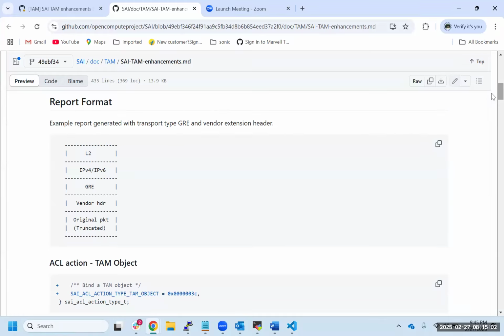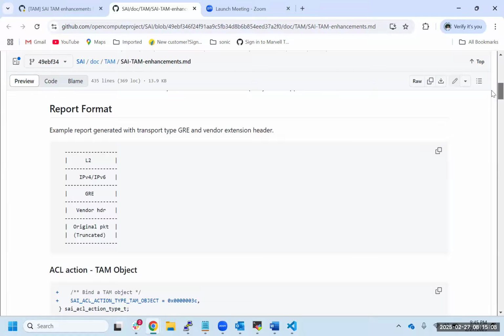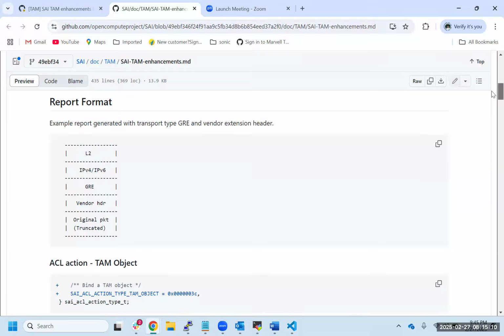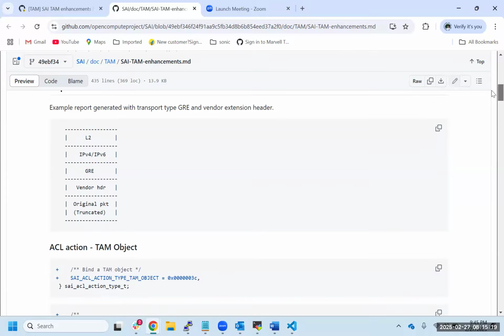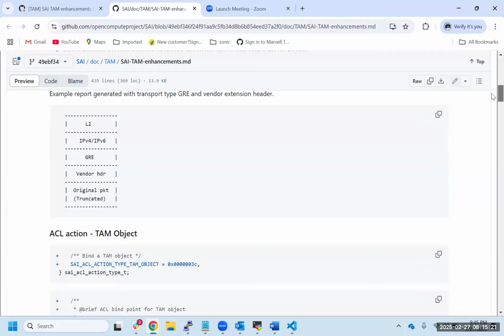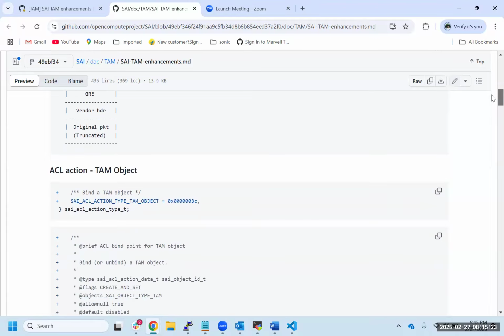Right. No. Let's continue. I think let's come back here. Is there a way to generalize it for any vendor? Because right now it's becoming very specific to Marvell, right? The vendor extension header, I thought that was the purpose. But let's come back. Well, let's take a look at it holistically. We'll think about it. But okay, I got the idea of what you're doing. Okay. Thanks, Ravi.